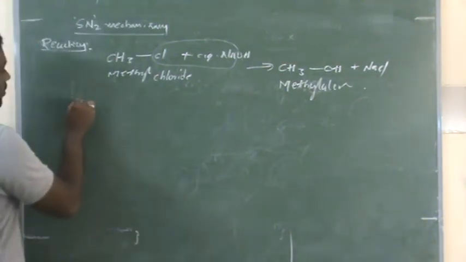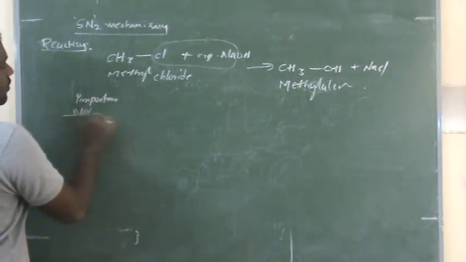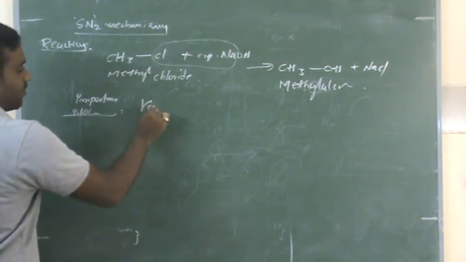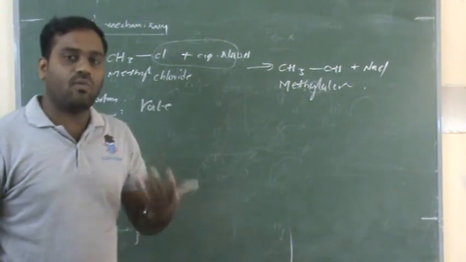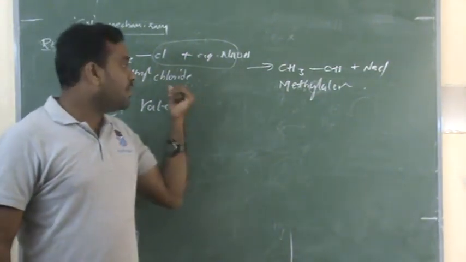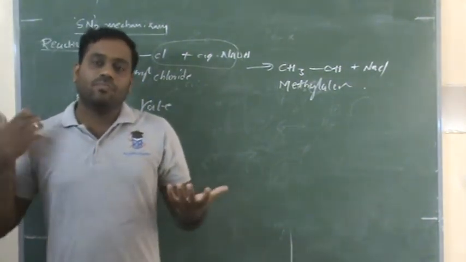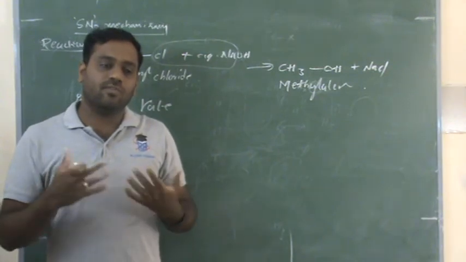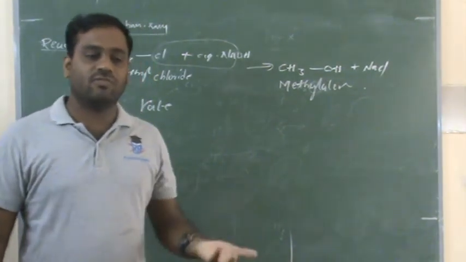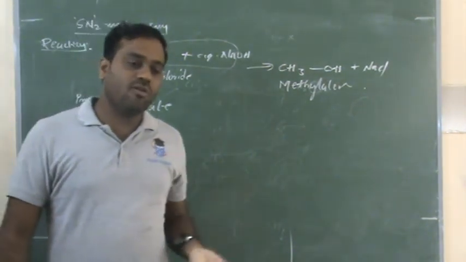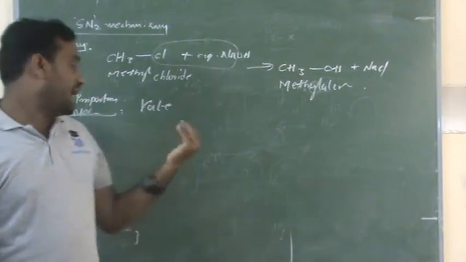Here are some important points that we have to note down. What is the rate? What is the meaning of rate? It is one chemical reaction. This chemical reaction may complete in 1 hour or 2 hours. The rate of a chemical reaction is the speed of that chemical reaction. Like one car may move at 60 kilometers per hour, 70 kilometers per hour. Like that, one chemical reaction is there, and how much speed it will go, that I can call the rate.